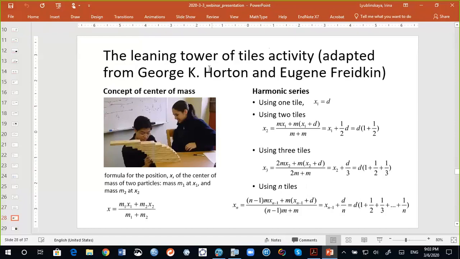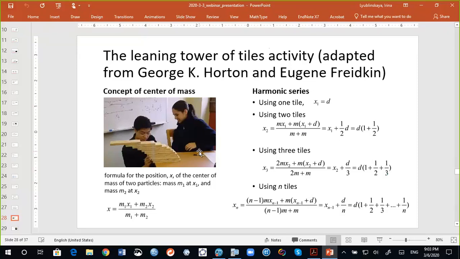So how can they do it? This is a great hands-on activity that could be done in class to learn about harmonic series and to introduce the gamma constant. So as you see here, we're using equal tiles, same kind of tiles, same size, same structure, and the students can balance those tiles on top of each other in the following way. We balance the first tile on the edge of the table. It should balance about halfway. Then we put another tile underneath so that it's edged exactly where the first one balanced. Then we balance those two together, find a place where it balances, and put another tile underneath, and we keep going.